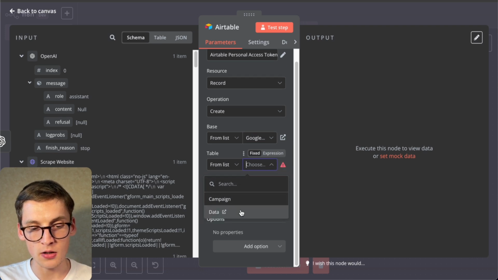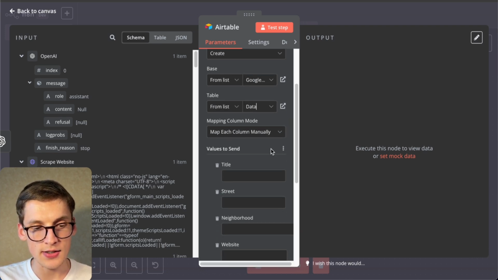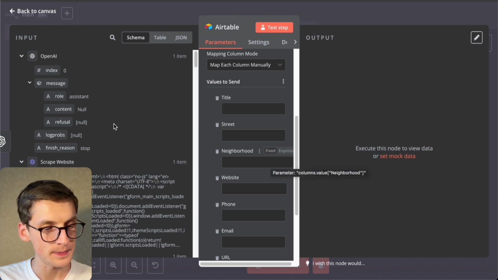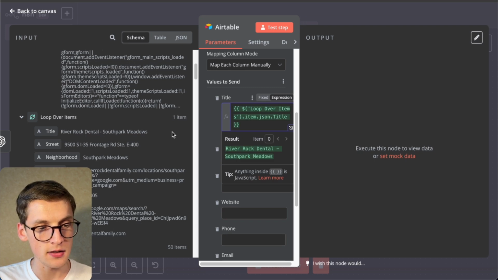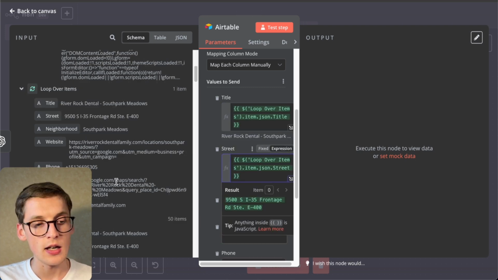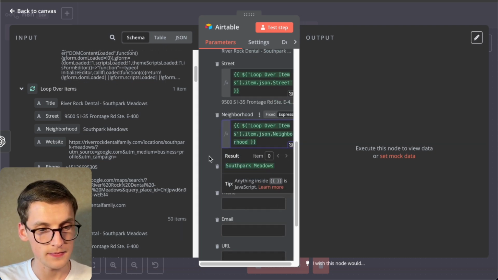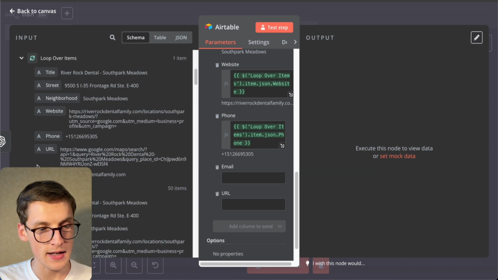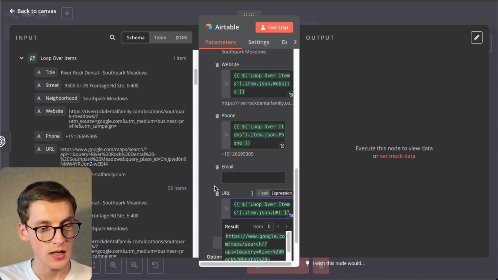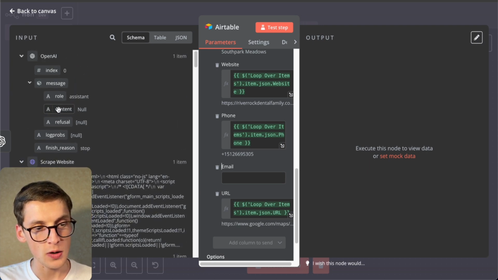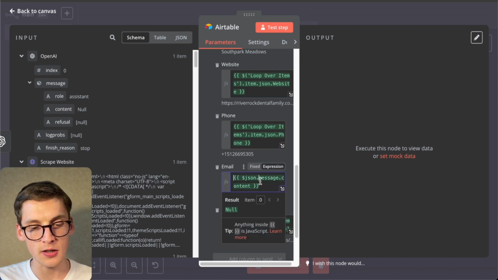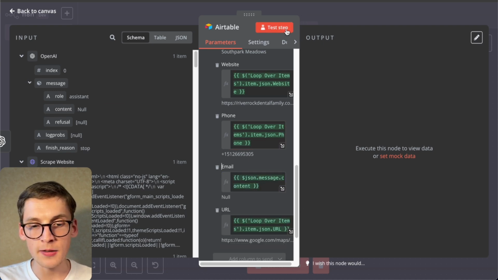My table is called data, so I select it, and I can just insert all of this data that we got. So I just map out all these values: the title, the street, and I select the loop over items node, that's why I'll be using it. The neighborhood, website, the phone number, and the URL, as well as the email, and the email will be from the OpenAI node. So if OpenAI finds the email, it will output here. If not, the output will be null. And if I just test it,